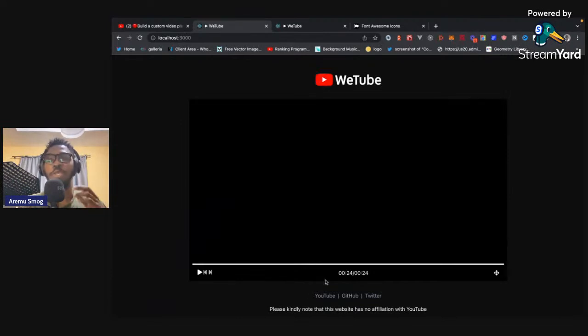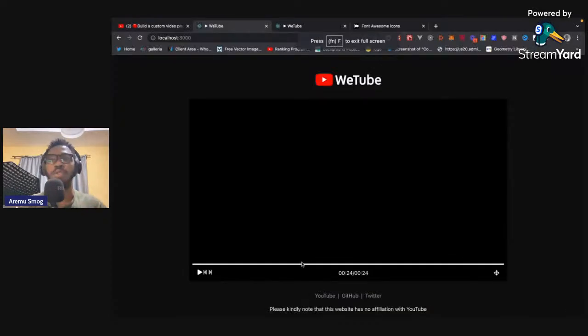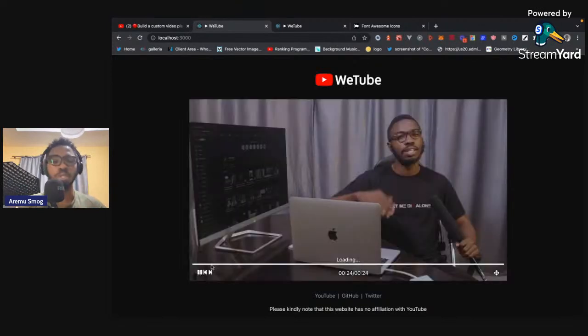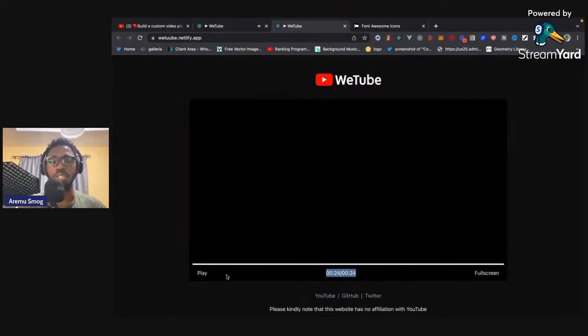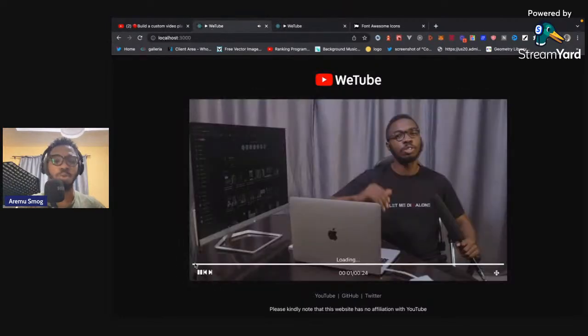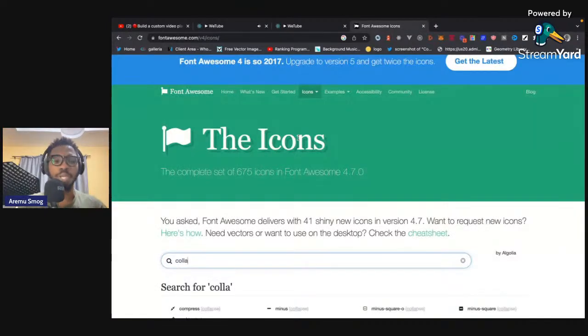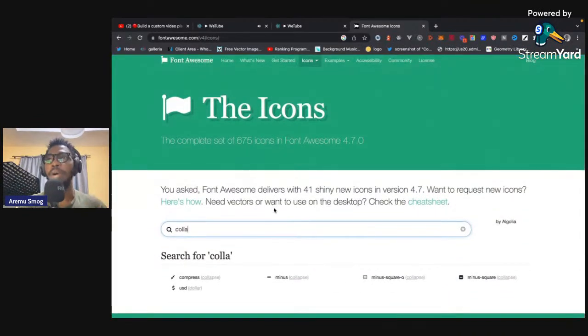So these things actually look simple enough, right? Being able to add full screen, exit full screen, jump ahead and all of those things. But where things get tricky, remember, is the fact that we have a custom progress bar and things still need to look good, even though you are jumping ahead and jumping backward. Also, in the previous version what we had was just text. In this video we would actually be having icons as well. And I'll be using React icons, but the icon pack that I'll be using specifically in React icons is actually